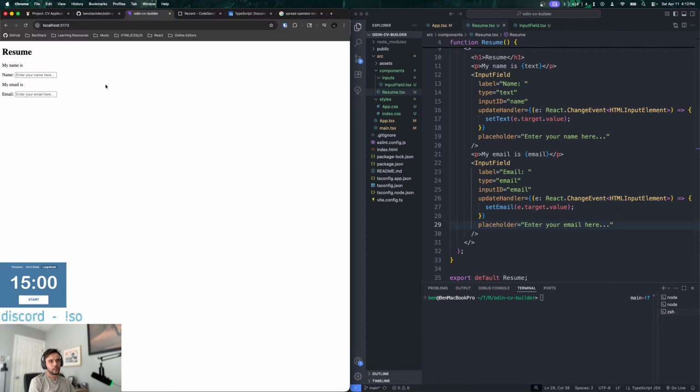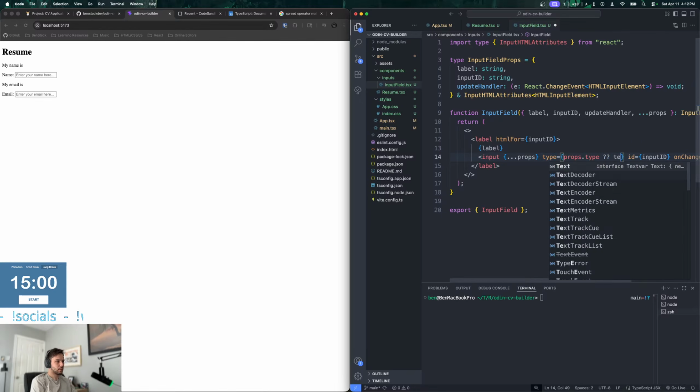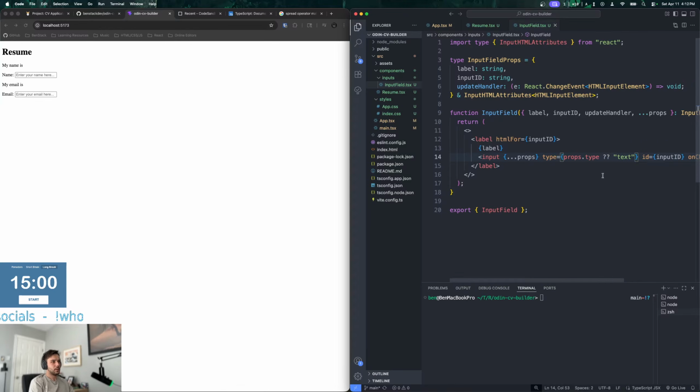Oh, okay. If you use props.type, then I would add question mark text. Is that a thing? Like this? What is this syntax? Or would it just be or? What are the question marks for?